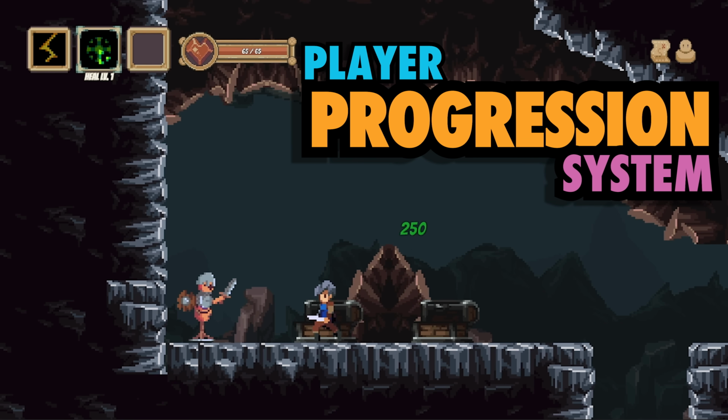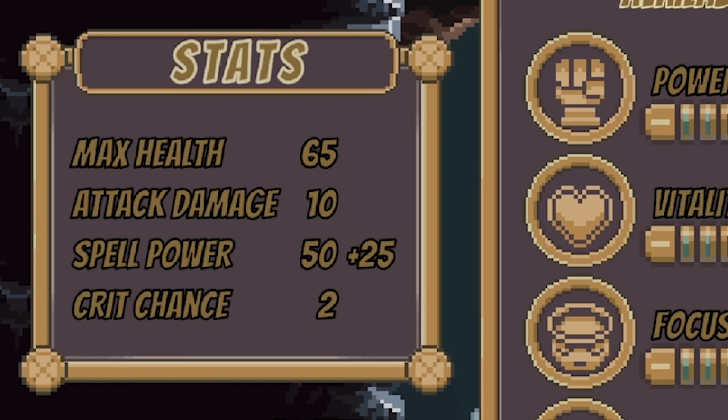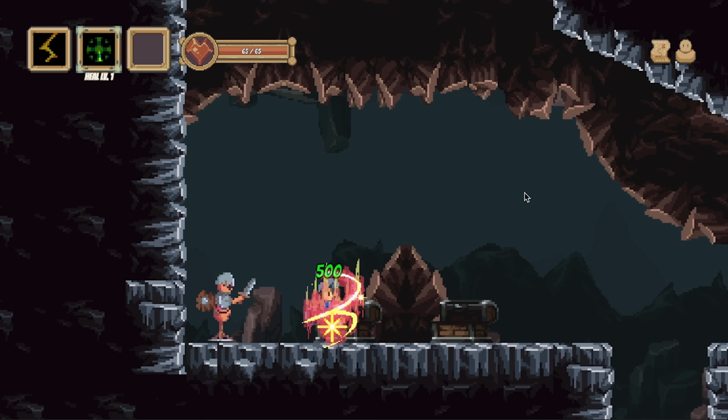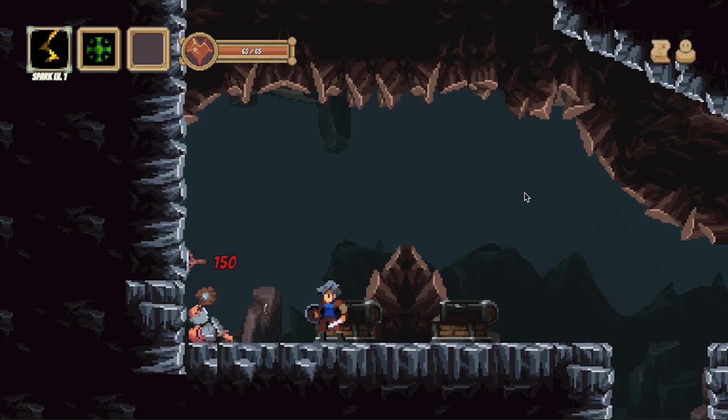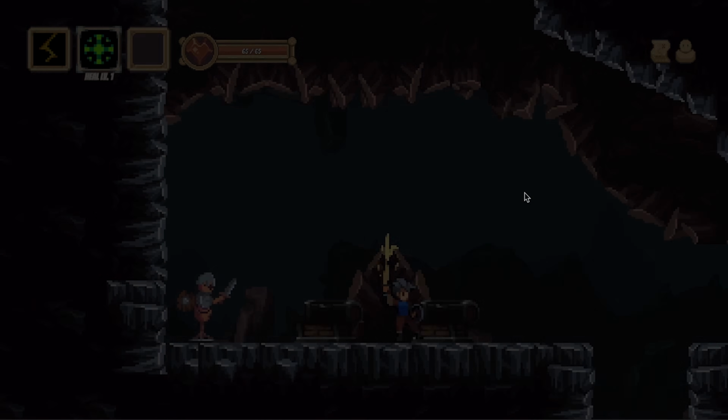Ultimately, this system will allow the player to customize progression by leveling up attributes. These attributes will create unique stats combinations that affect actual gameplay. We'll show how to increase attack damage, spell power, healing efficacy, and even max health. And we'll do it all with the aim of giving you elite level control of progression while using clean code